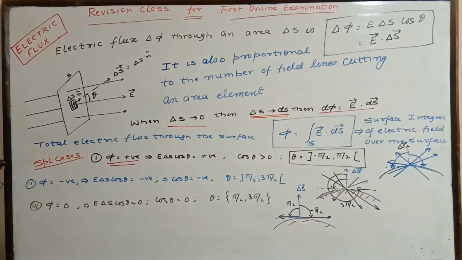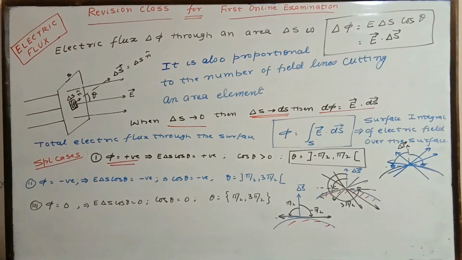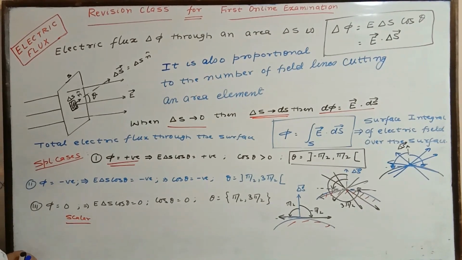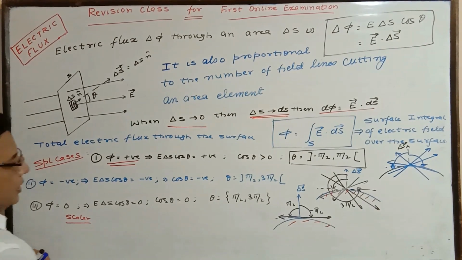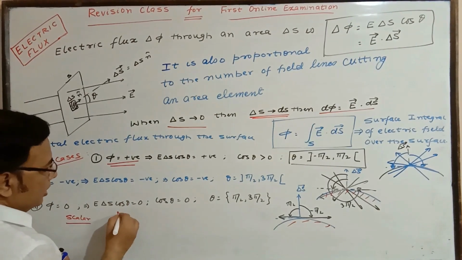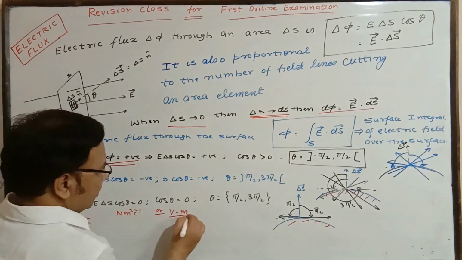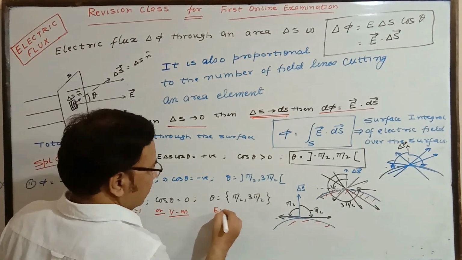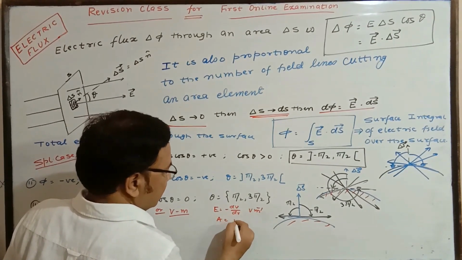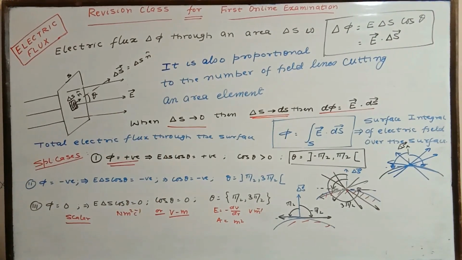Next part is phi equal to E dot dS, or it is proportional to number of field lines, so it is a scalar quantity. As far as nature is concerned, it is scalar. If you are going for the unit, it is already explained. Flux phi equal to E dot dS, E is Newton per coulomb, S is meter square, so SI unit is Newton meter square per coulomb. Third, it can also be volt meter. Electric field equal to minus dV by dr. So from here, this is volt per meter, and area meter square. These two after multiplication give us volt meter. That is the unit of electric flux as well.